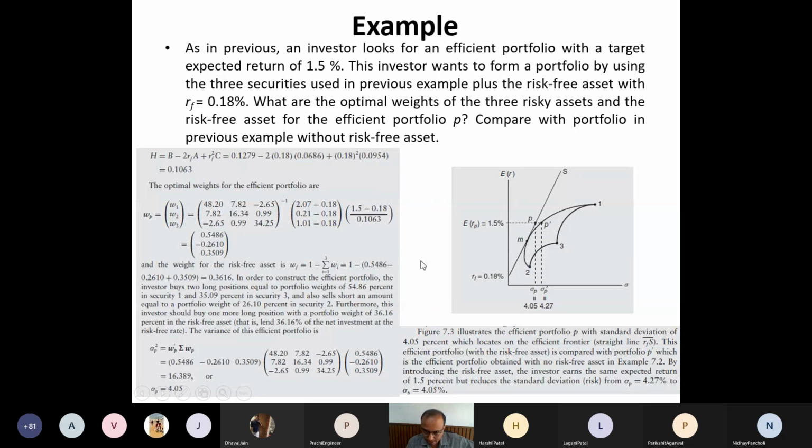Still, I suggest you read all these slides carefully and solve this example manually. This is very simple linear algebra, but solve it. If you find it difficult to compute the inverse and other things manually, use MATLAB. Enter the data in MATLAB, and it gives you the inverse in one step. MATLAB is for our help. So for all this matrix multiplication and calculation, you can use MATLAB. Any doubt so far? All right.